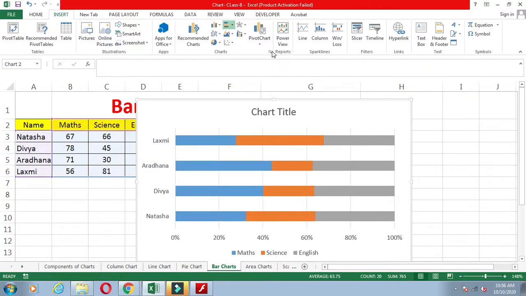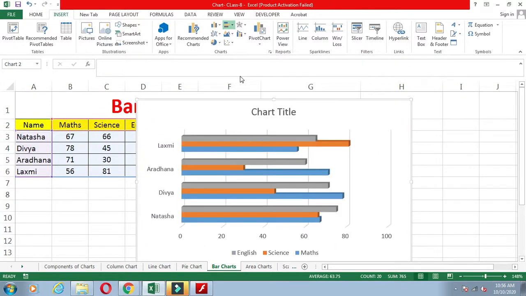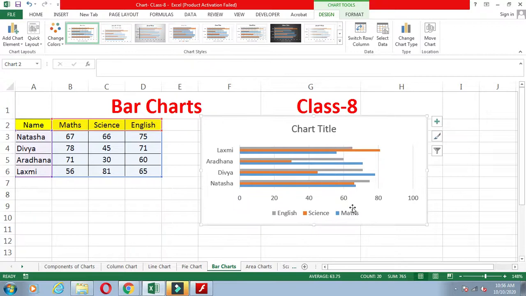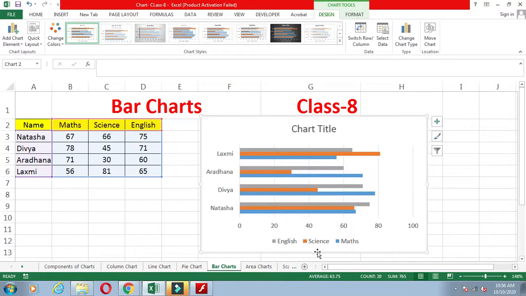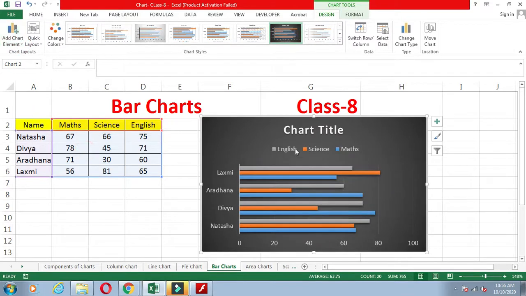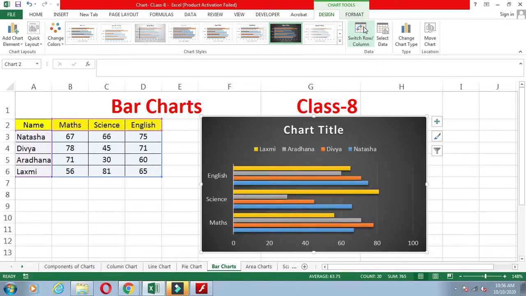Now the same thing you can design in a different way. You add the legend on top, and we switch the row. Have you seen the numbers are coming in the bottom side and the subjects are coming in the y-axis, which means the marks are coming in the x-axis and the subject names are coming in the y-axis.